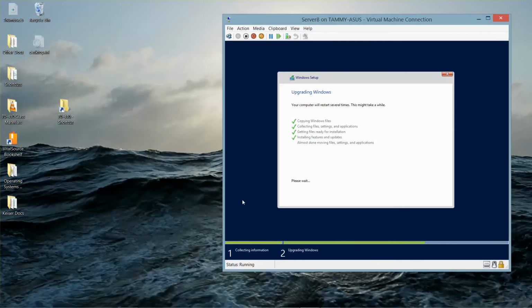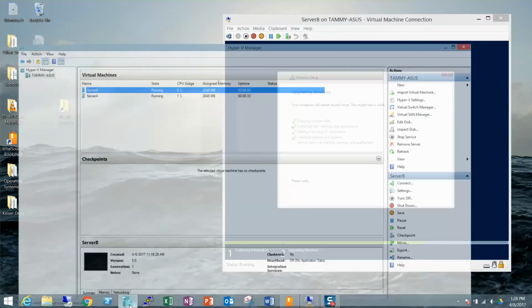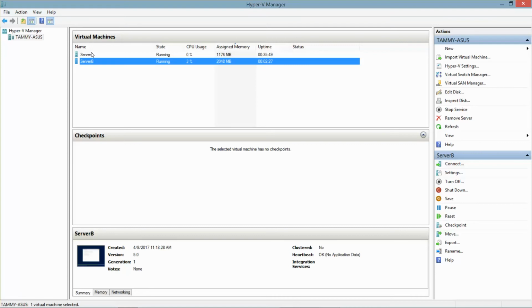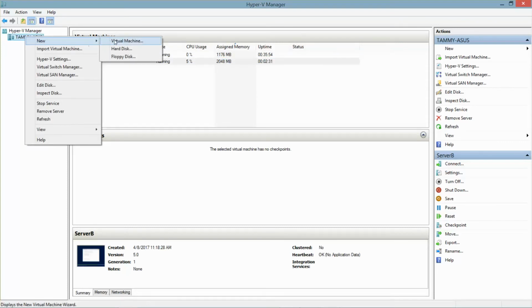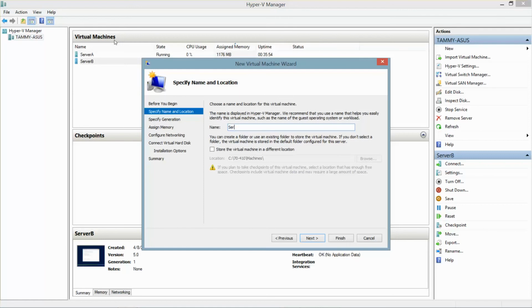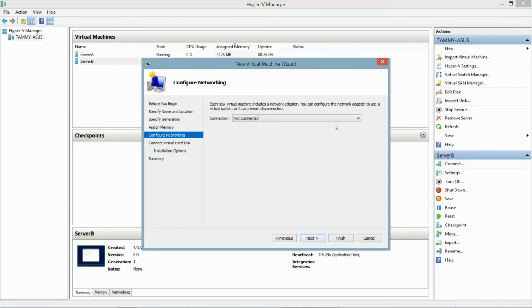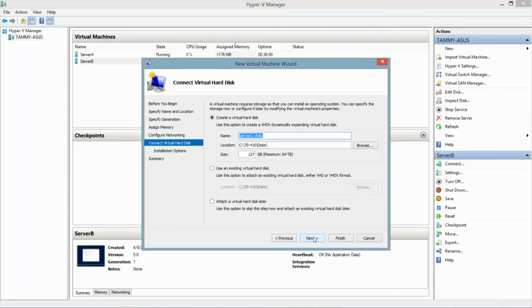Okay, before we can complete Lab 1, we have to install Server C. So I'm going to go back to my Hyper-V while I wait for Server B to finish upgrading. So right-click, New, Virtual Machine, Server C, next, 2048, use dynamic memory, and next, internal switch, next,